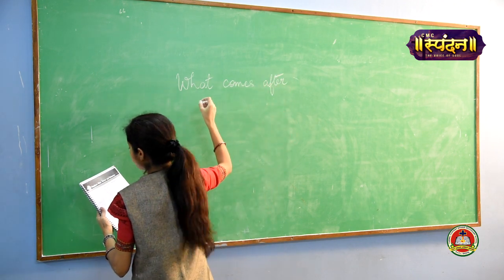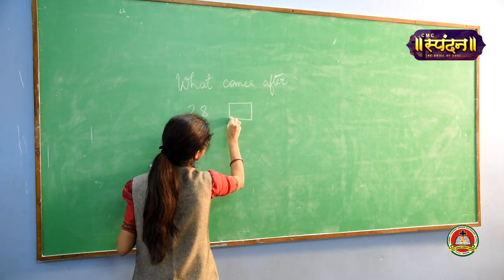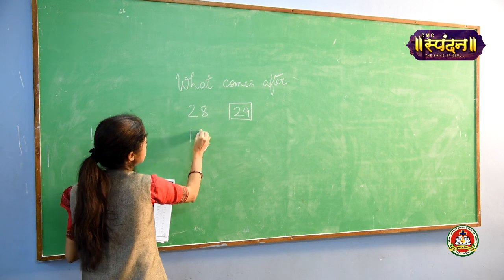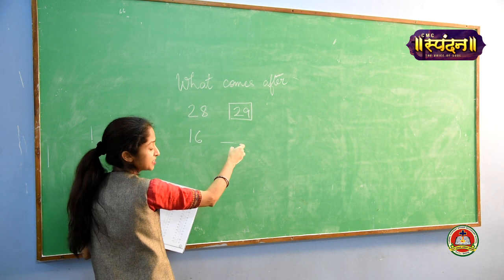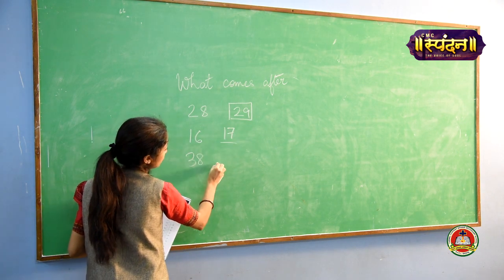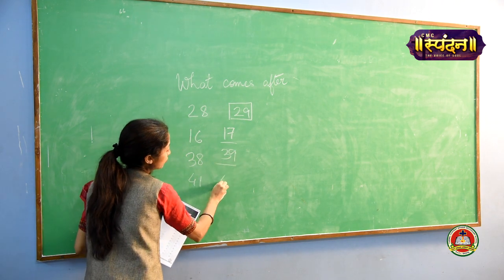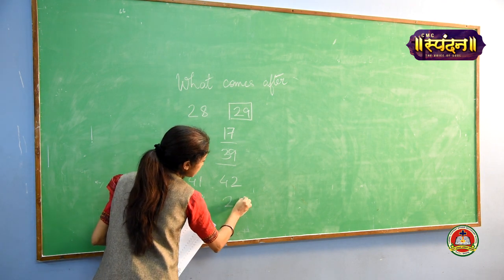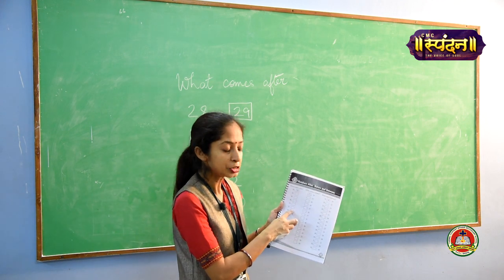Okay. Now here it is given 28 and next we will write here 29. Here 16. Here it will be after. After 16 क्या आता है? 17. Then after 38 it will be 39, after 41 it will be 42, after 19 it will be 20, similarly after 21 it will be 22,